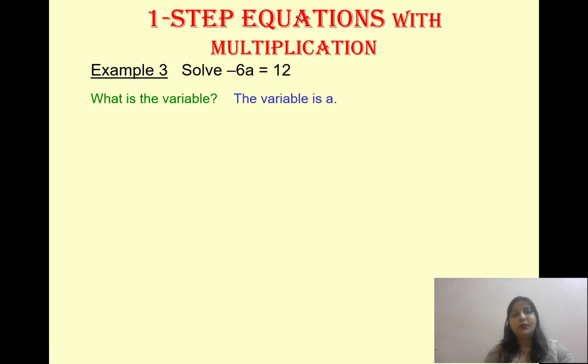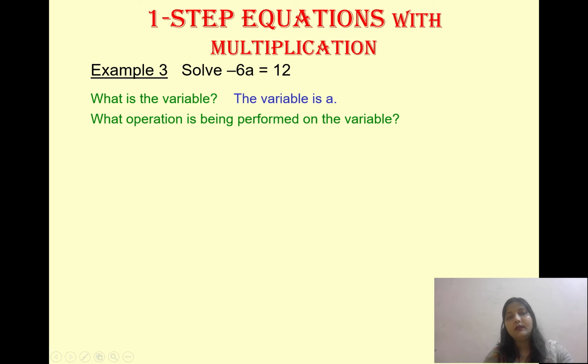Yes. You have to take -6 in the denominator. It means 12 divided by -6. You will get the answer of A. The sign will be the same. If there is only one negative sign, the answer will be negative. If both sides are negative, you will cancel out, and both negative gives positive. Is it clear?